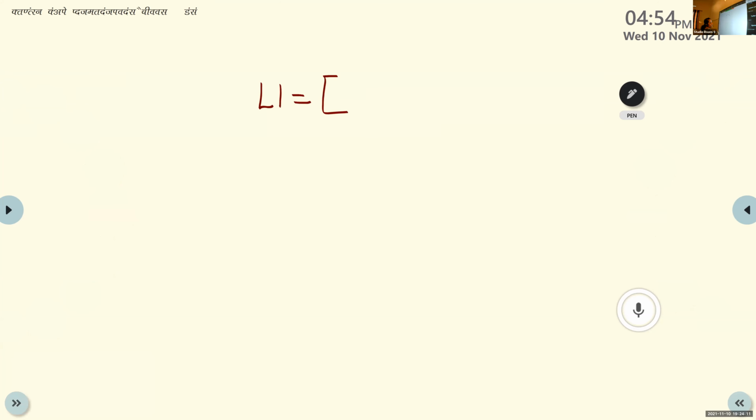Here it is L1 is equal to, I am writing some values here, 1, 2, 3, 4, 5. Okay. So L1 is equal to 1, 2, 3, 4, 5 means I am creating one list based on some integer values. Is it clear, Sanjana? Yes, ma'am. Okay. So my question is to find the sum of elements, that is 1 plus 2 plus 3 plus 4 plus 5. That is the program.